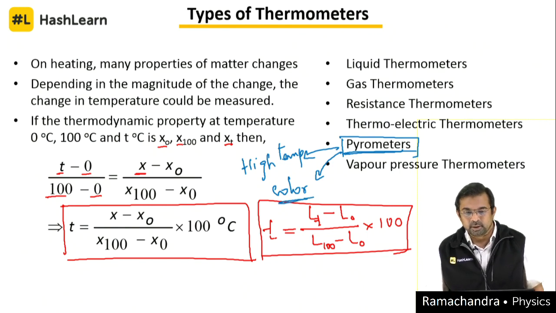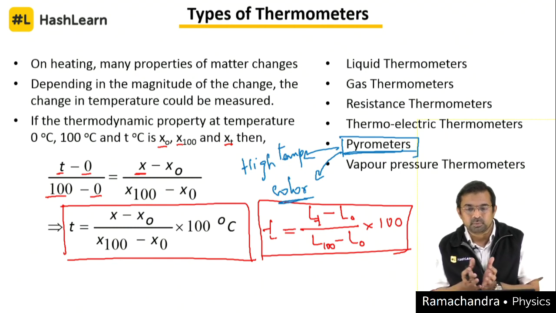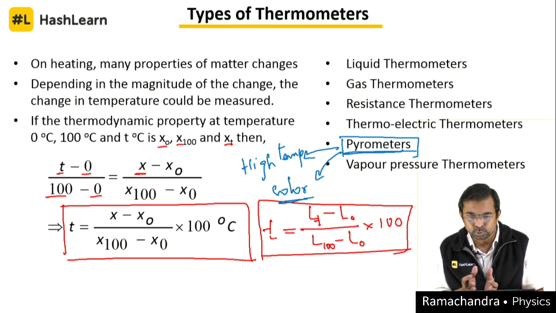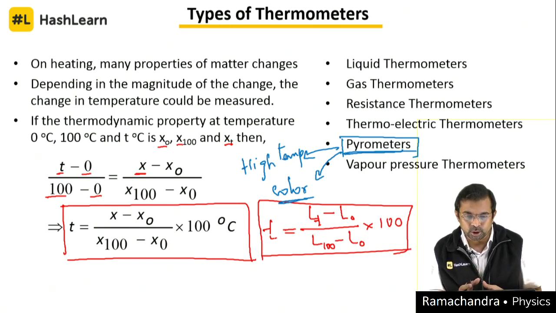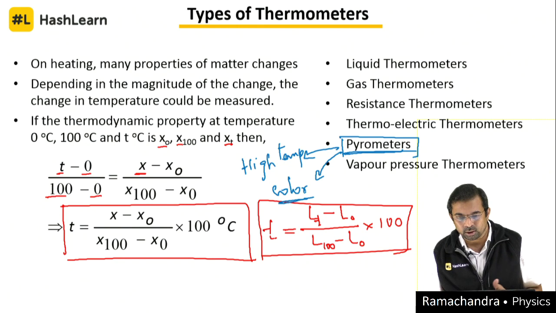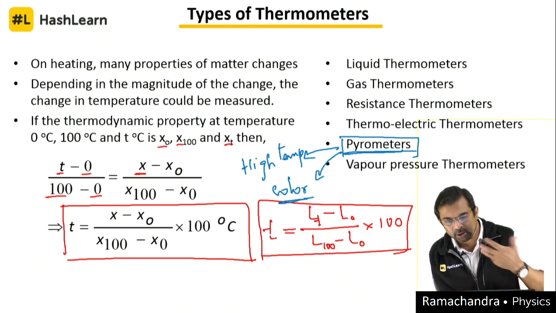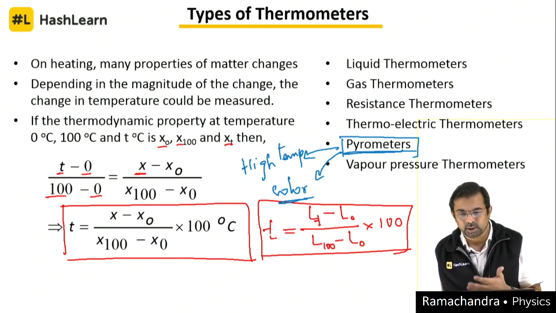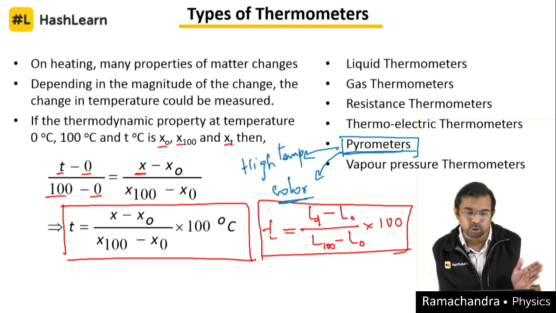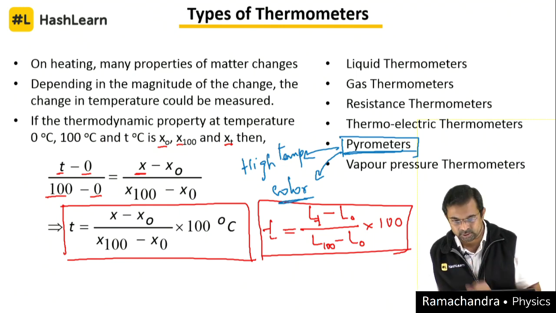So you can see that if you take any iron object and keep increasing its temperature, first it will look black, after that a little brownish red, after that a little orangish color, after that yellow, lemon yellow, yellow, and then it goes to almost white. So with increase in temperature, objects do change their colors.